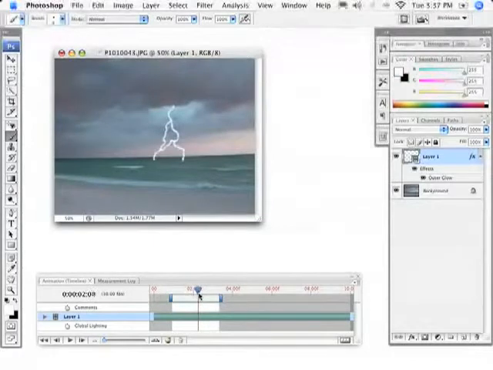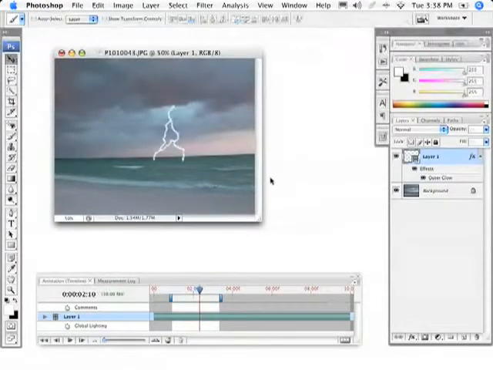So if I turn off my onion skinning, it comes down and it holds. If I play it through, it comes down and holds there. And then of course here I could apply other effects as well. The way to look at this is like each frame of your video layer is a separate Photoshop file. So you can do whatever you can apply filters, you can import images, you can do all kinds of interesting things,